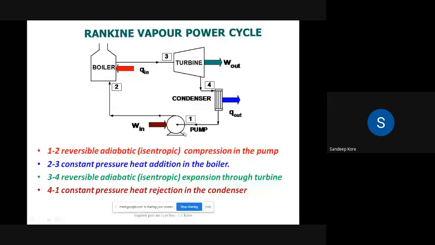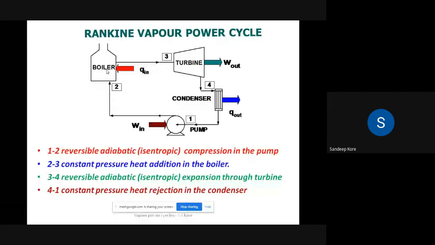पानी का पंप उससे start करेंगे. So this water pump sucks the water from the river at atmospheric condition and supplies the water to a boiler at a high pressure. If suppose the boiler is working at 200 bar, तो पानी के पंप का काम है to pressurize the water from 1 atmosphere to 200 atmosphere, from 1 bar to 200 bar.